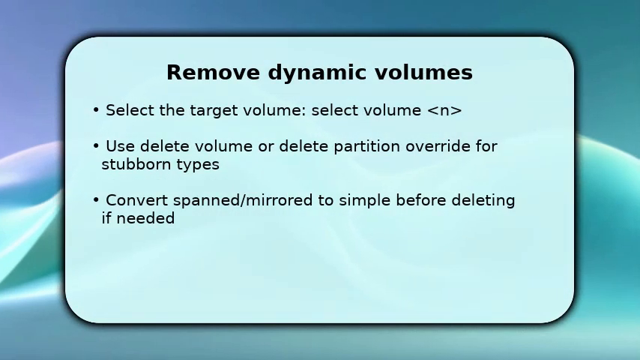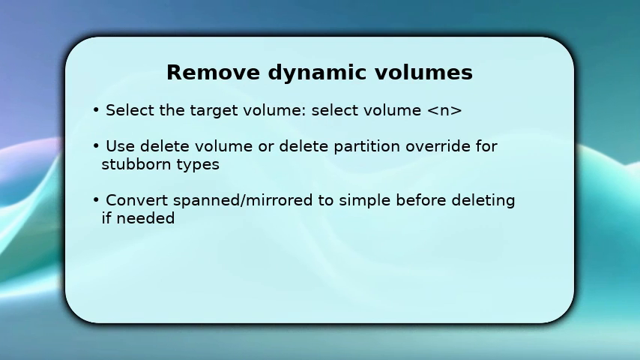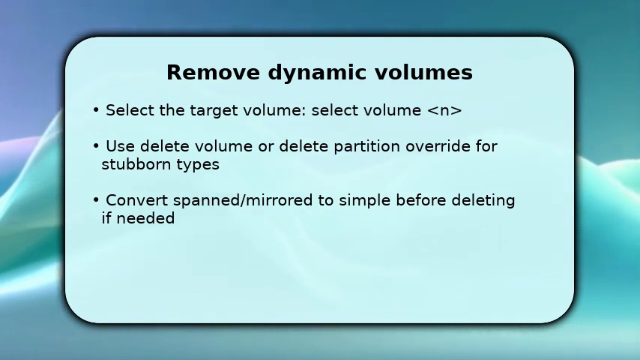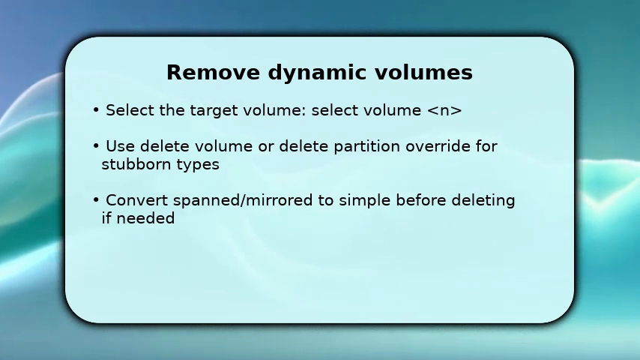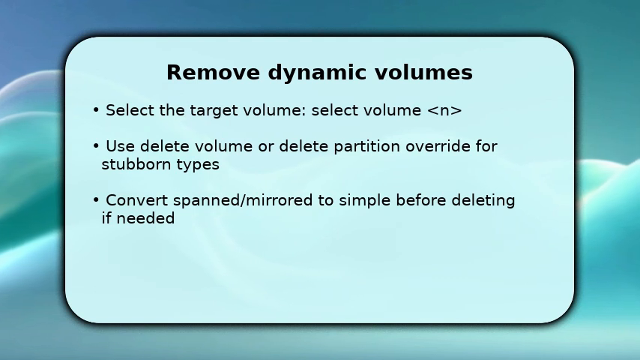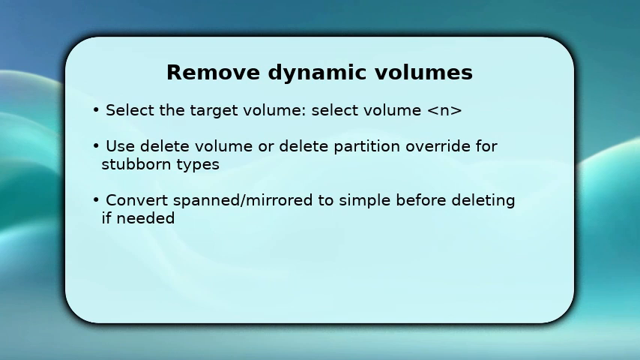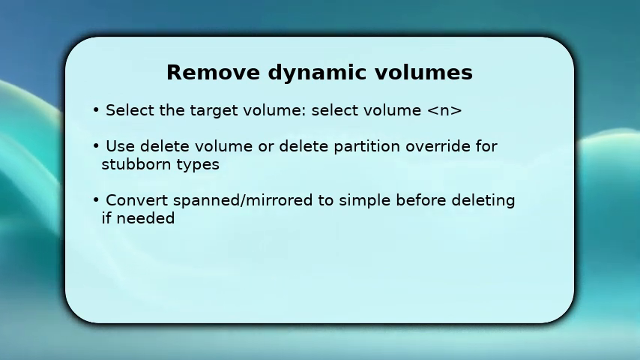You select the target with select volume N because explicit selection prevents mistakes. Next, if the volume is simple, run delete volume. If it's part of a spanned or mirrored set, you may need delete volume followed by delete partition override to force removal. Make sure to break mirrors or remove the other members first, which lets you convert complicated layouts into